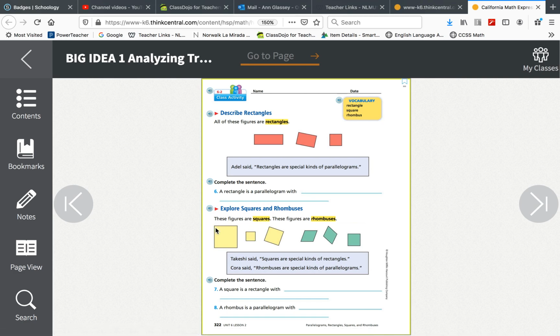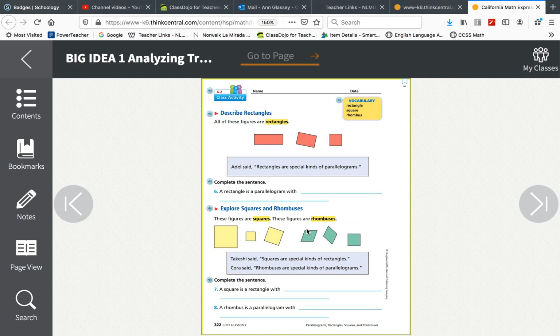Explore squares and rhombuses. Now you learned about squares in kindergarten also. A square is a rectangle, but a square is a rectangle where all 4 sides are the same length. That's what makes this a square. All 4 sides are the same length. The opposite sides are parallel, and it has 4 right angles. That's a square. Now a rhombus